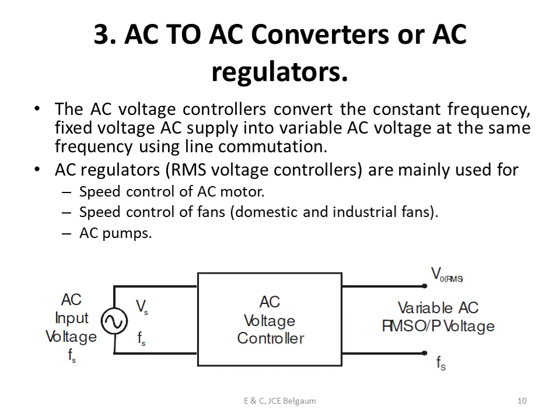So this is the basic block diagram of AC to AC. You can see at the input you have got an AC input voltage with a frequency Fs. So I'll write it as Vs and Fs. This is your controller which is converting this AC to a variable AC. The output will be an RMS value and can vary from 0 to the maximum RMS value V0 RMS. But the frequency will remain the same, that is Fs.